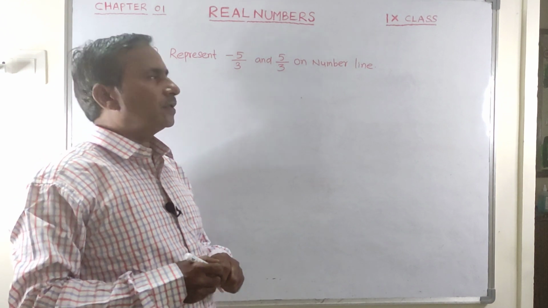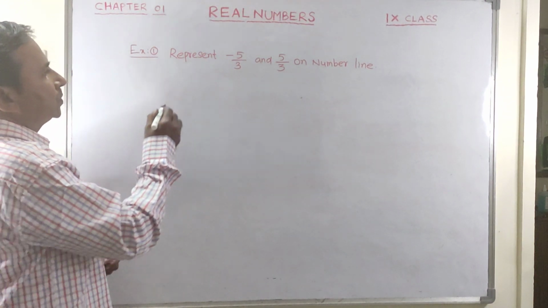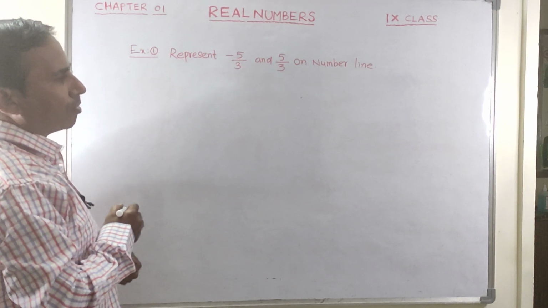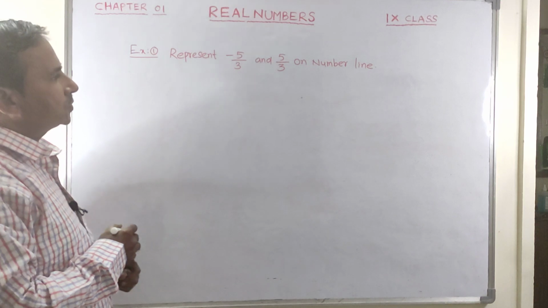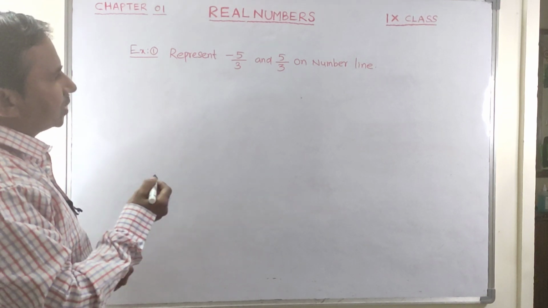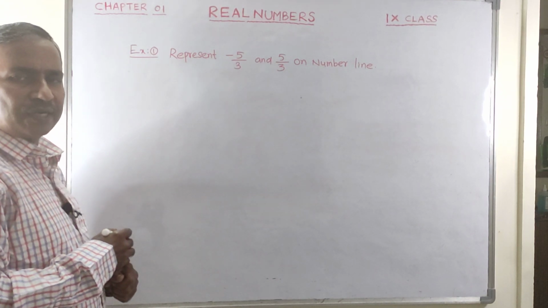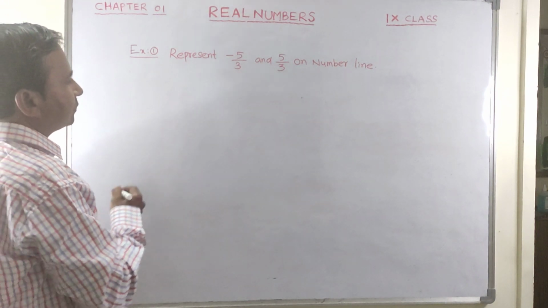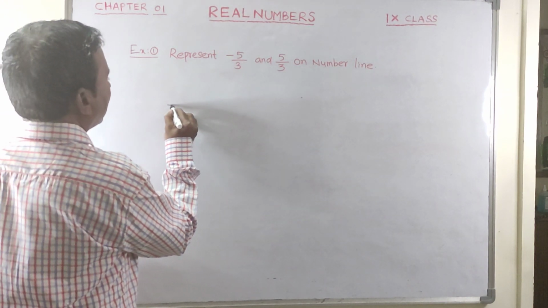Now let us see one example problem. Represent minus 5 by 3 and plus 5 by 3 on number line. So such type of problems you have learned already in 8th class. So what we have to do? First of all, we have to draw one number line